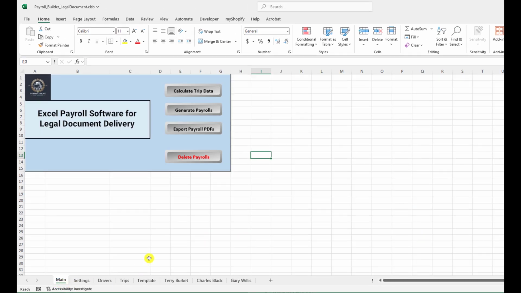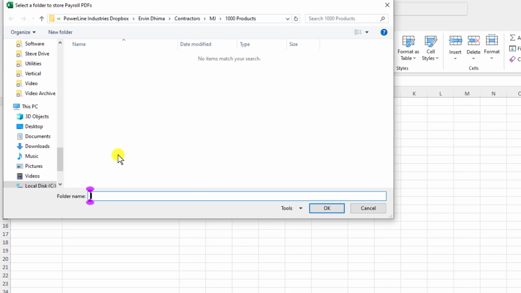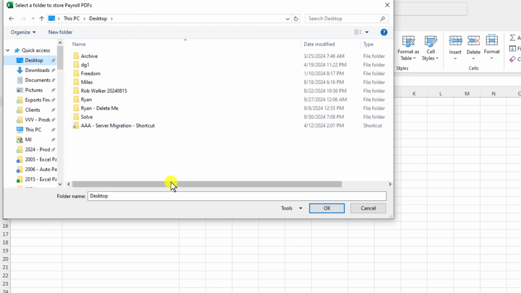In addition to that, the tool also allows me to export the payroll in PDF so that I can have each individual PDF sent or emailed to each driver. I also might need to send that to my HR or my accounting firm to make those payments. Before I do that, I have to tell the tool where to download that. So I can create a new folder, and I'll call this October